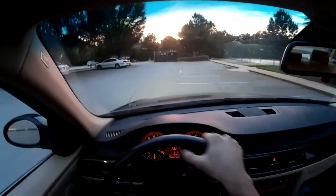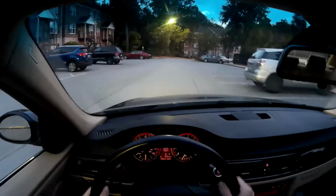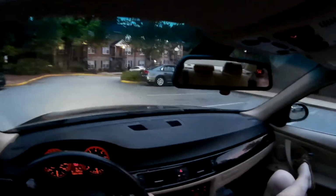See how stiff the steering wheel is? Oh yeah, no, this thing is tighter than a fucking... It's tight. Oh yeah, no, because it handles very well. Alright, dude. I don't know what you're driving, but...